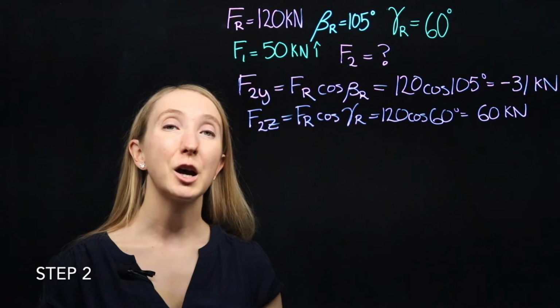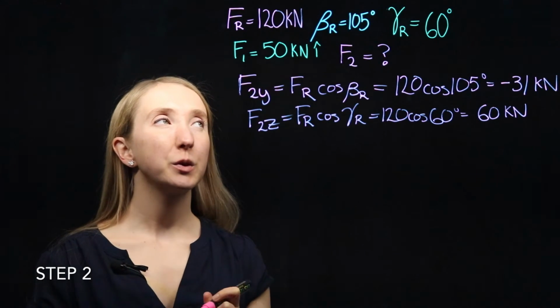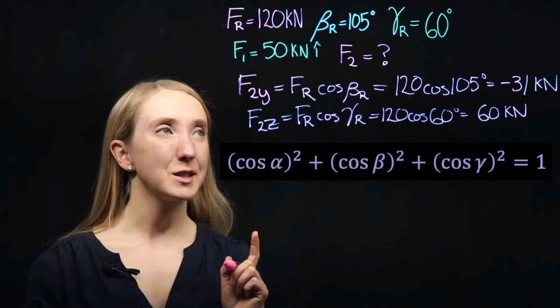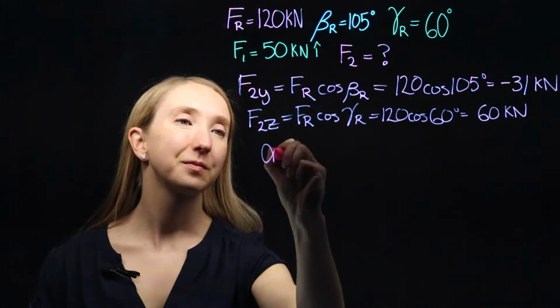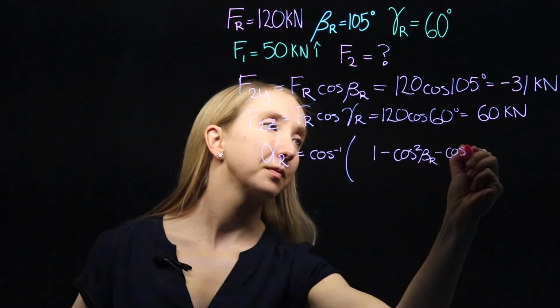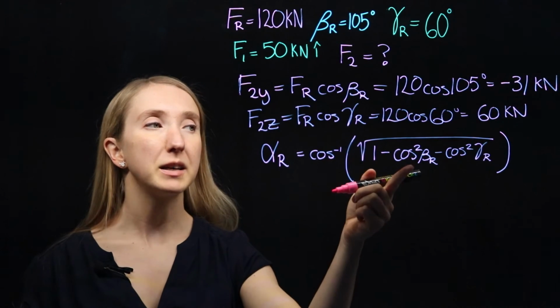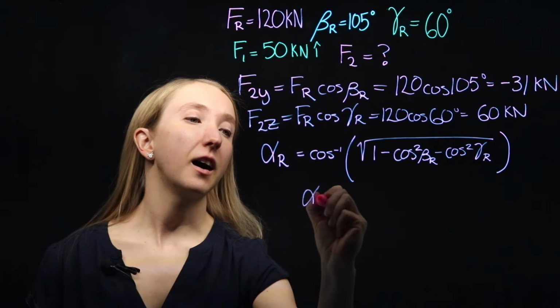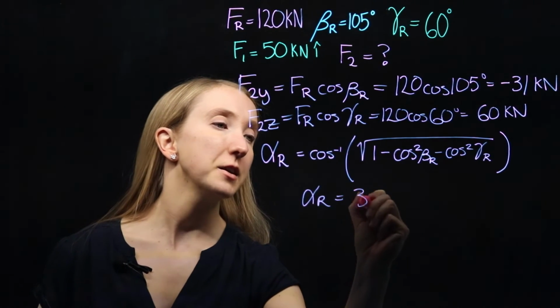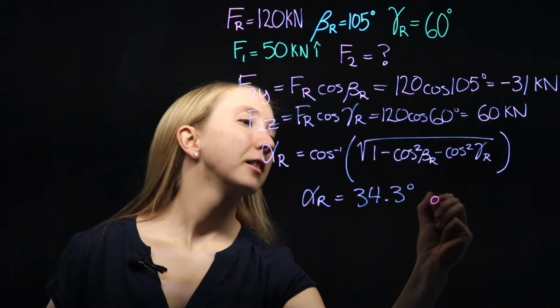Now we want to find our resultant angle alpha. To do that, we're going to rearrange this formula. Which, depending on if we have a positive or negative square root, will give us an answer of 34.3 degrees or